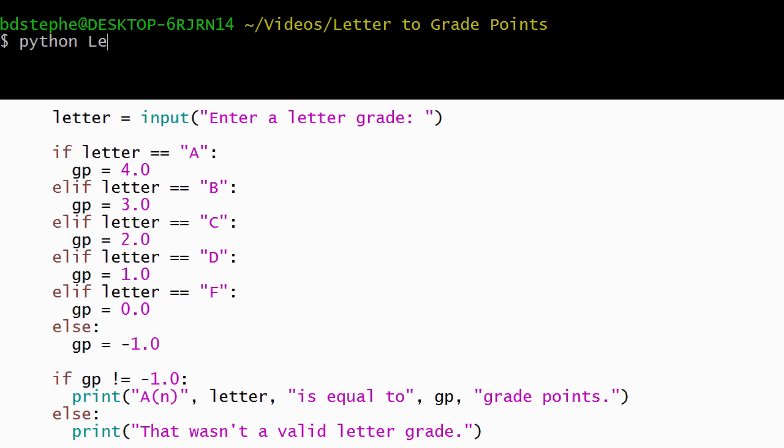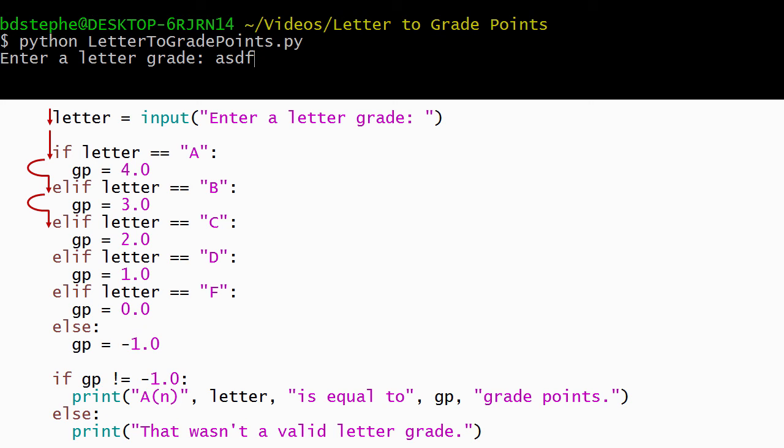This time I'll run the program and provide input that isn't a valid letter grade. When Python receives this input, the condition on the if statement evaluates to false, so Python goes on and considers the condition on the first elif statement. Its condition also evaluates to false, so Python skips its body and moves on to the next elif statement. Its condition also evaluates to false, so Python continues by examining the conditions on the remaining elif statements, all of